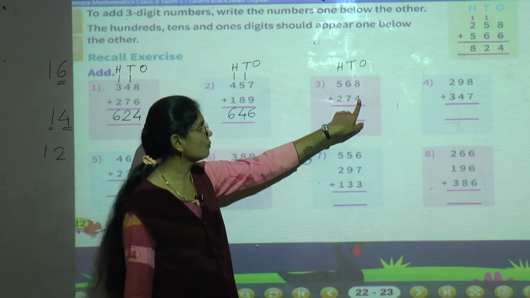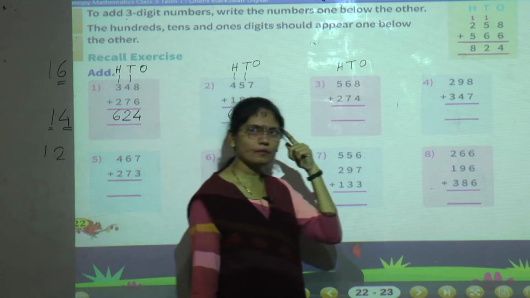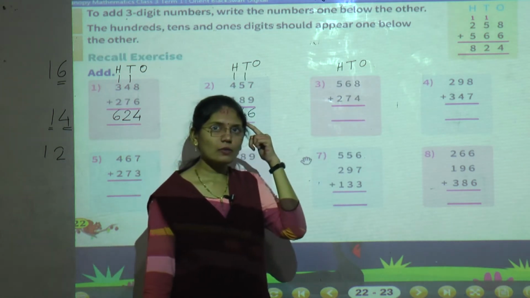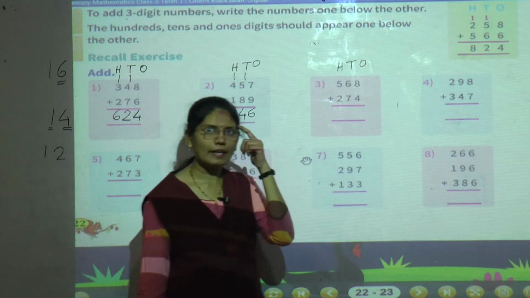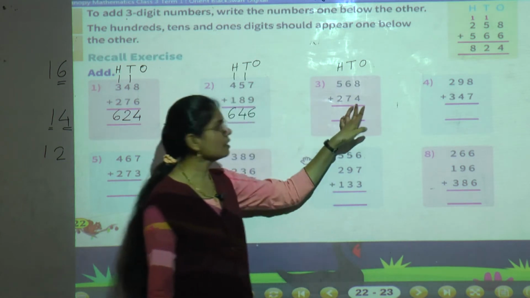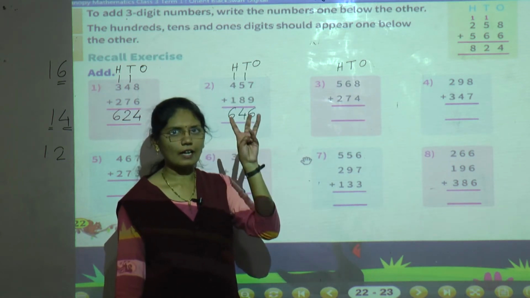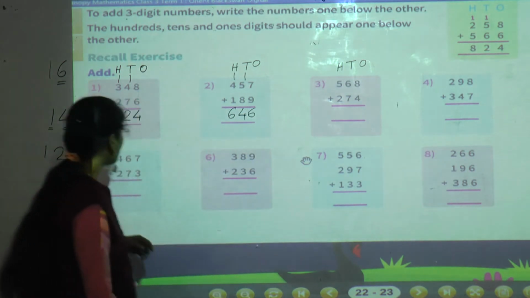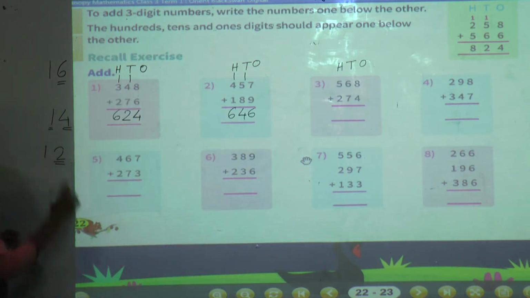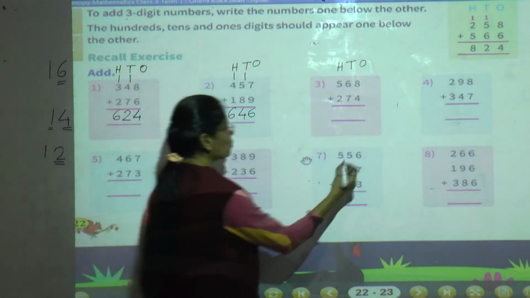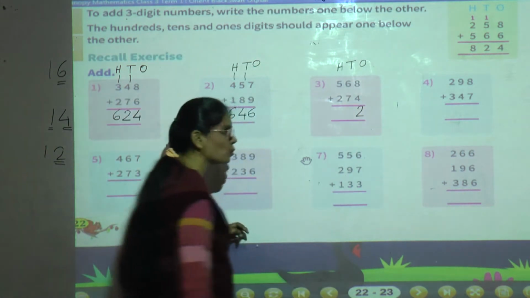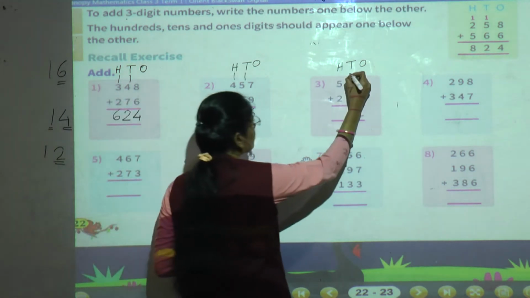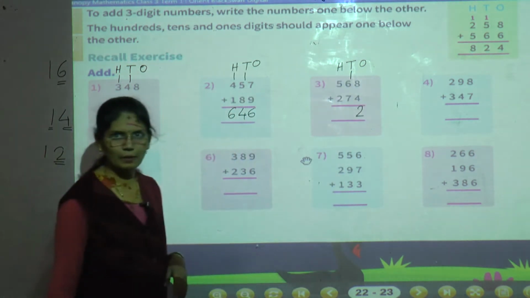8 plus 4. Keep 8 in your mind. Take out your 4 fingers. In your mind which number is there? Yes, 8 is there. So after 8 count 4 fingers. 9, 10, 11, 12. So if 12 is there, at ones place which number is there? 2. So we will write here 2 and this 1 we will give as a carry to the next place.